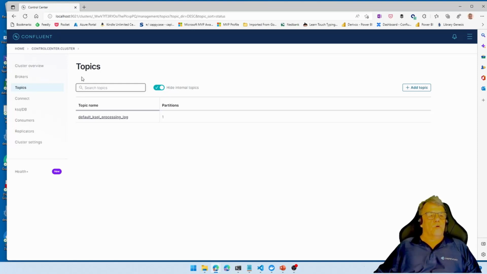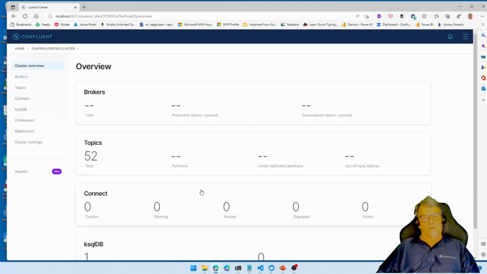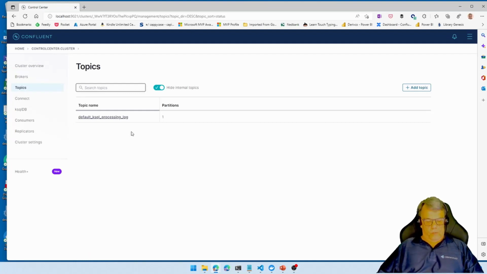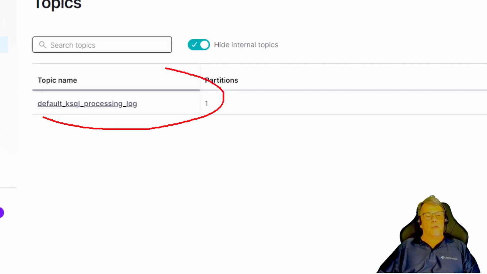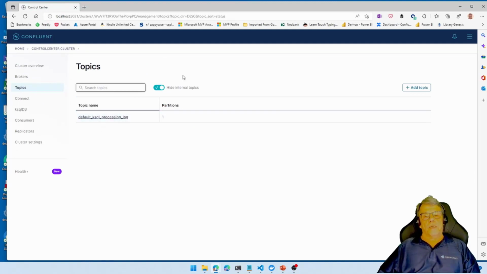Anyway, to the left here, we have a menu. We get an overview. Right now we have 52 topics in total, and they are all internal Kafka topics. So let's go into topics. And we see one existing Kafka topic that has to do with ksql, but let's create a